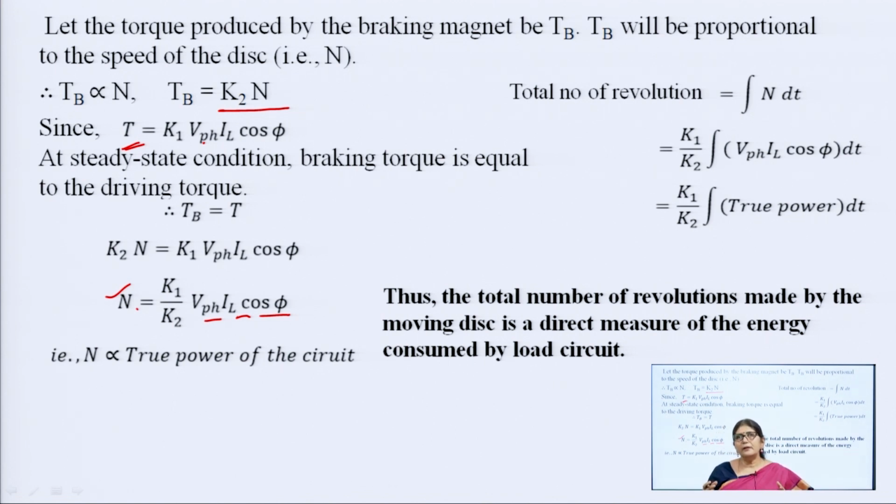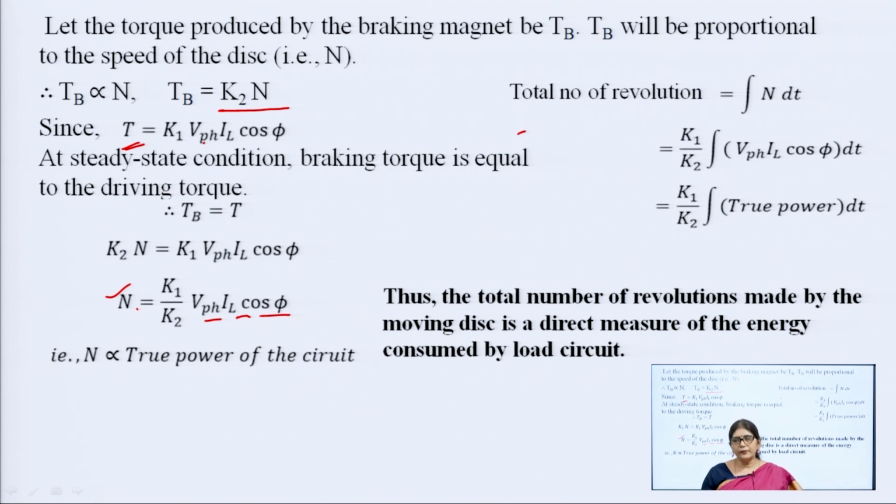So, the total energy consumed is the sum of all the energy consumed, so we will take the integration of that. The total number of revolutions is equal to the integration of n into dt. So it is K1 by K2 times V_PH, load voltage, load current into cos phi dt. So it is a constant K and then true power into dt. It means the total number of revolutions made by the moving disc is a direct measurement of the energy consumed